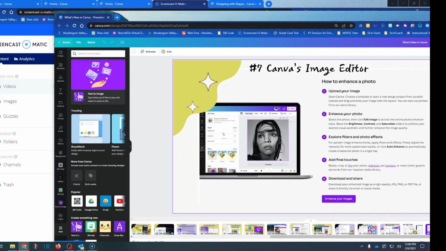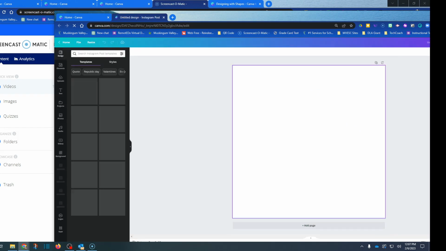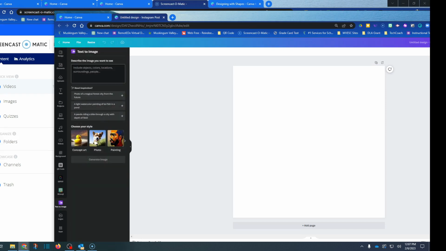So what I'm going to do is I'm going to show you over here. I'm going to go to my home because I'm going to pull up just a blank document so you can see how this works, okay? So let me pretend that I'm creating something and I want to create my own image based on some parameters that I want to do. So let me think about this for just a second. Maybe I'm writing a story about a little girl who has pigtails, and she's blonde haired, she has pigtails, and maybe she's chewing gum or she's blowing bubbles.